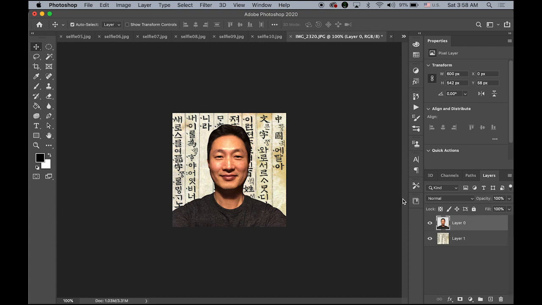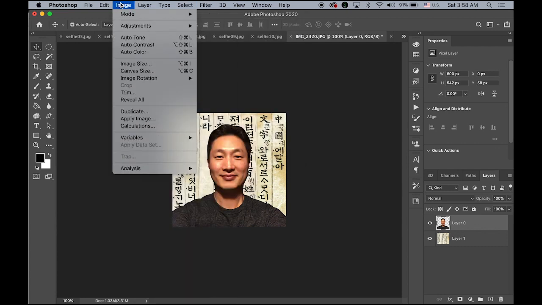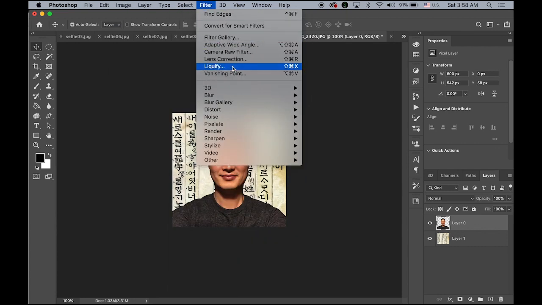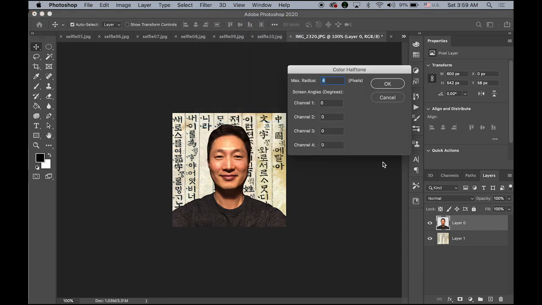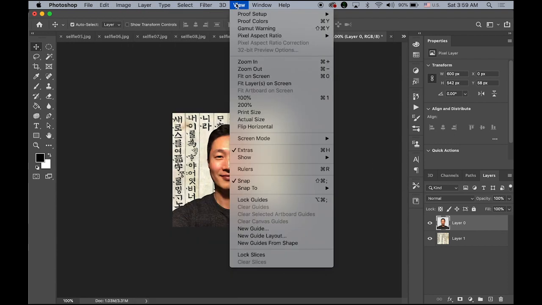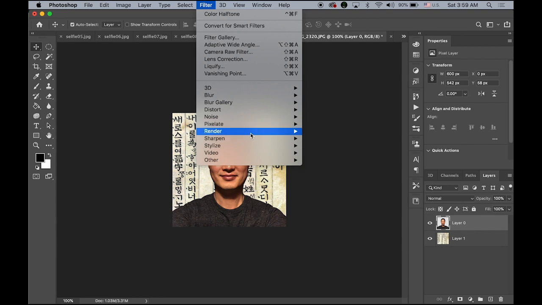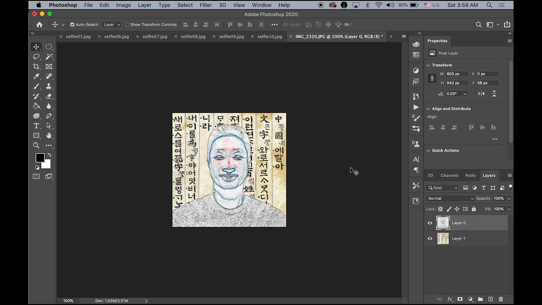And for myself, try anything, maybe under Filter or under Image Adjustments. For example, in Filter, let me try Pixelate, and then maybe Color Halftone. Okay, maybe something like this. Or you can play with anything you like under the Filter menu, Stylize, and Find Edges. Just play with anything. Once you're done, it is okay, but it's kind of blending into the background,